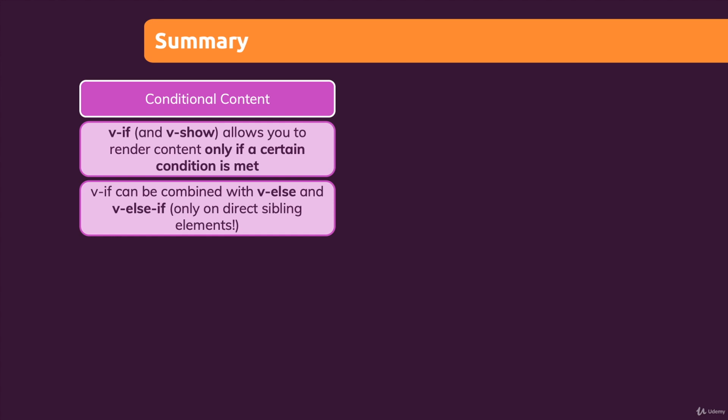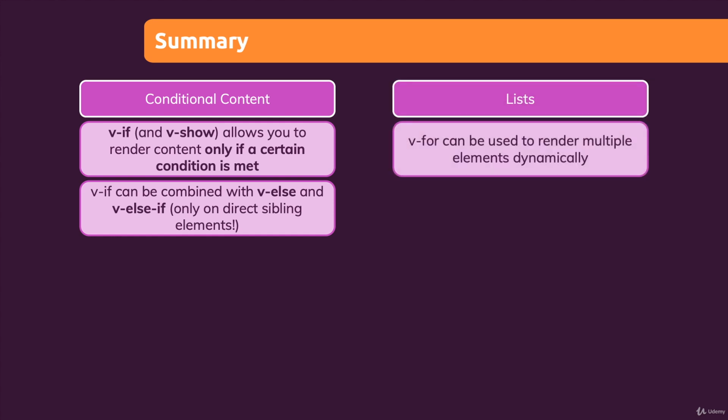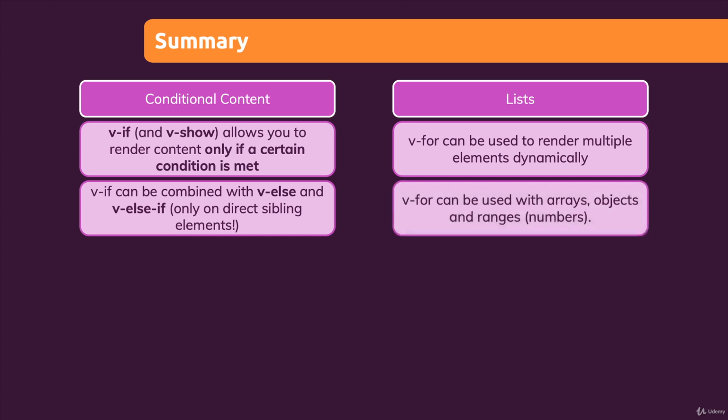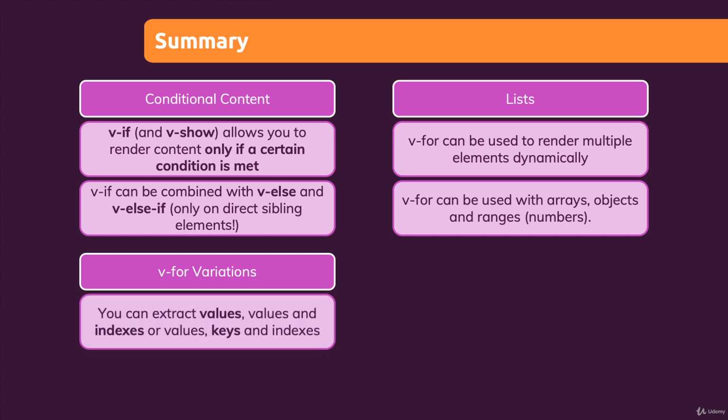We also learned about lists and outputting lists of data. For that, we have the v-for directive, which can be used to render multiple elements dynamically. And you learned that v-for can be used with arrays, with objects, and also with ranges, so with numbers. We also had a couple of variations there. For example, you can extract values and indexes, or even values, keys, and indexes if you're working with objects in